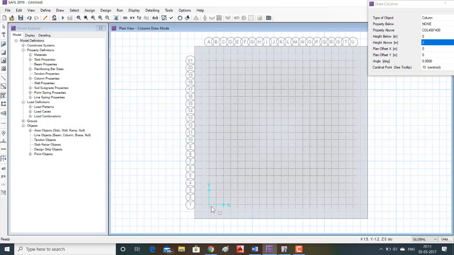Let me draw the columns. Center to center spacing of the columns is 5 meters as per the plan.